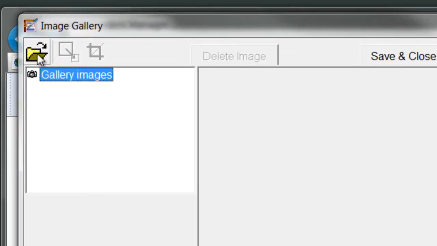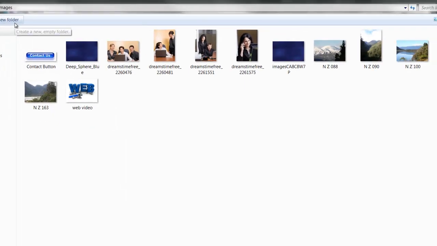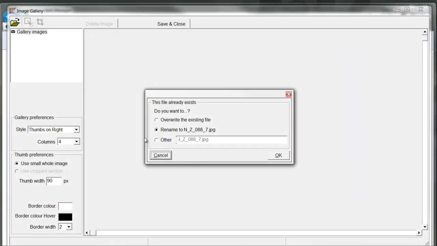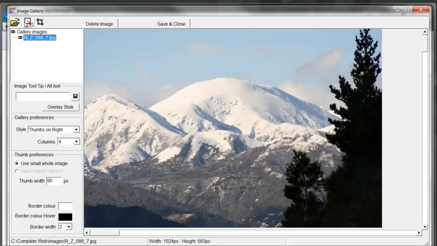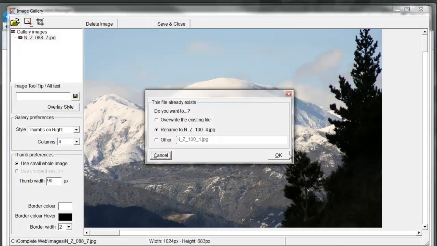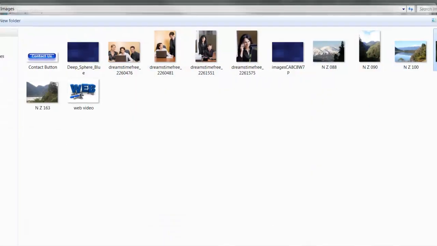From here we select the folder to open images, and I'll select that one. Do I want to rename this image? Yes, okay, because I'm already using it in another area. And second, okay, third,